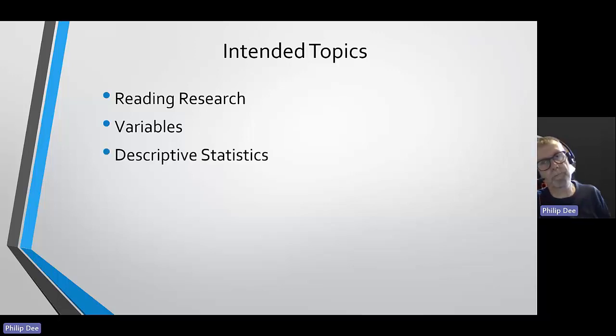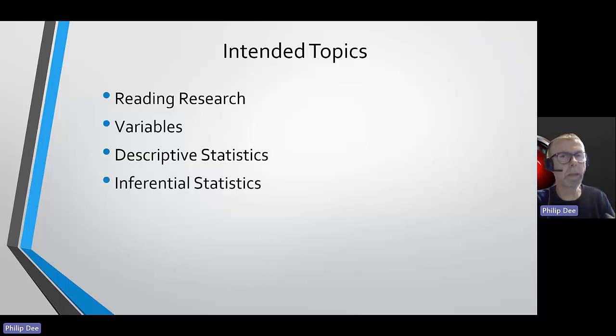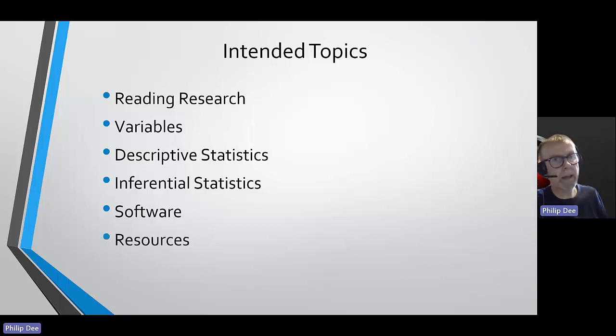Talk of description, the two broad areas of statistics dealing with numbers in research are descriptive statistics and inferential statistics. So I at least want to give you a flavour of what they mean and what the differences are between them. Then I want to say a few brief words about the typically used and more popularly used types of software to help people with their analysis in quantitative research,